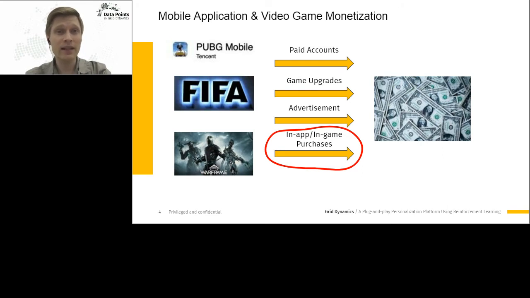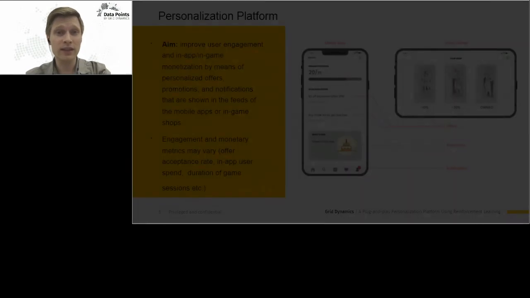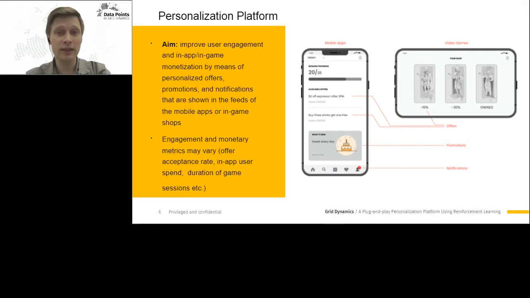But it may not be enough just to provide the users with a way to purchase items. The users may not know about particular items if there are too many of them, or the items may look too expensive for the users initially. So one of the highly efficient approaches for improving user engagement and in-game monetization is building a platform which can assign personalized offers and promotions to the users. In fact, the same is applicable for the case of, for example, a mobile application for a restaurant. One can use offers, promotions, and notifications to improve the conversion.